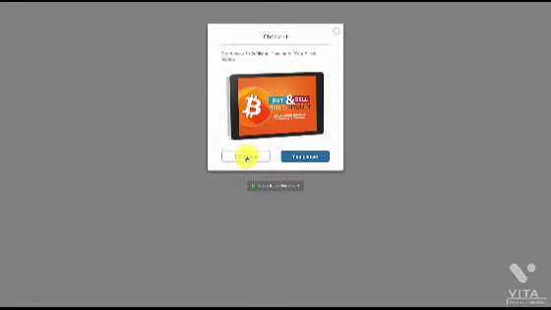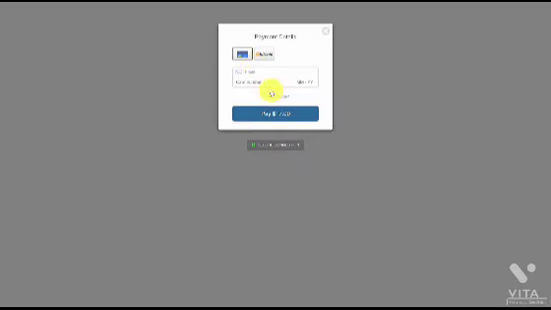So for example, if they say no, they'll then be taken to the regular offer where they can pay in